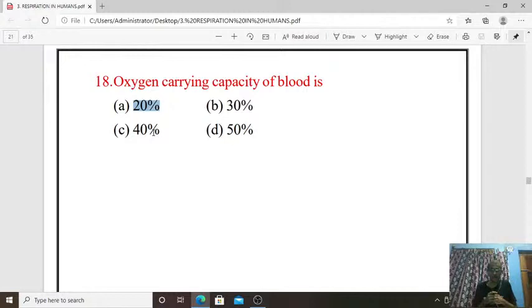So I am not talking about the entire 5 liters, only 100 ml out of that 5 liters, 5000 ml. In that 100 ml, the hemoglobin is 12 to 14 gram percentage. If it is there, then it will carry about 20% of oxygen in a healthy person. So that is the oxygen carrying capacity. If that capacity reduces, then that person is suffering from scarcity of oxygen. Total activity will decrease and internal balance will change. So 18th one, answer is A.